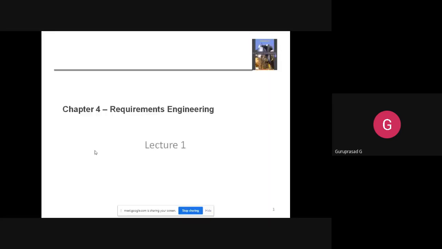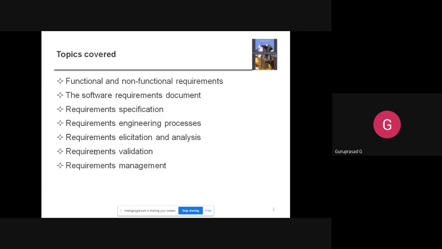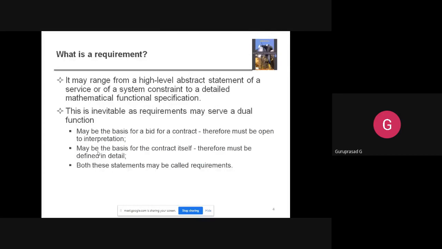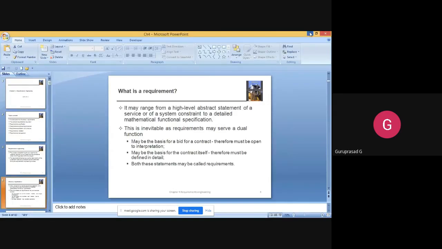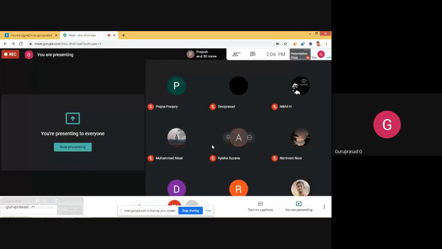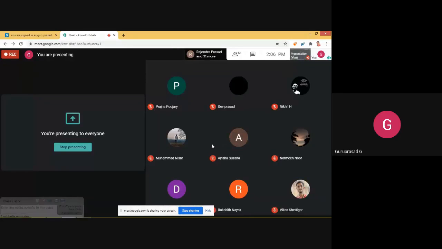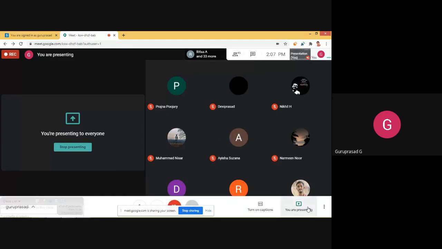So the topics I have given an introduction to regard the two types of requirements, namely we defined what is a requirement, correct? In the first few classes we discussed the various definitions of software engineering. We defined what is a process, what are the different models, correct? Now having studied the different models, we are moving towards the requirements engineering process, correct?